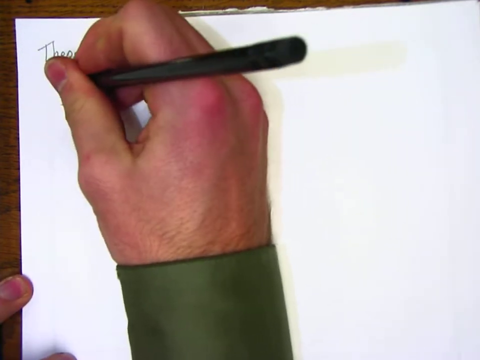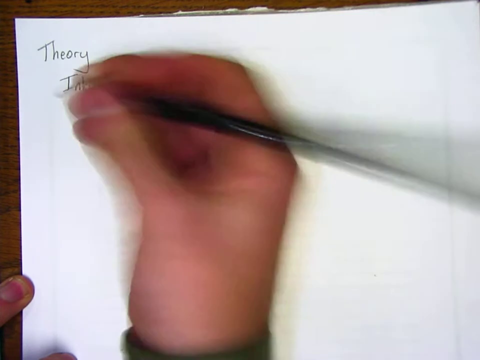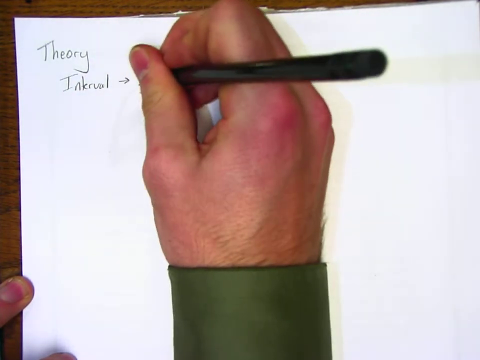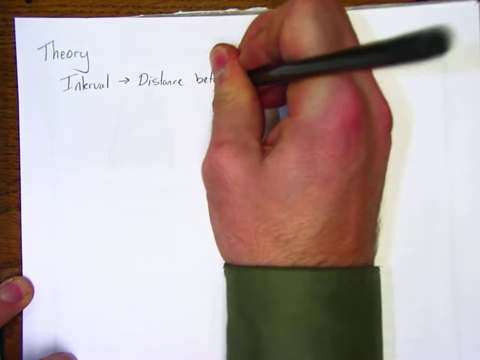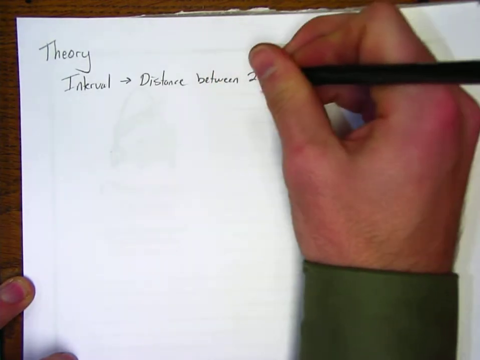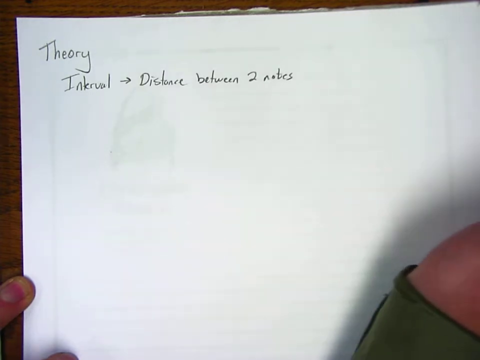So we're going to start with the tonal theory side of things, and the basis of all tonal theory is our intervals. So let's start by defining what an interval is. An interval is very simply the distance between two notes. I'm not going to require you guys to know a whole lot of intervals. Right now, we're just going very, very basic, and the only two I need you to know are a half step,